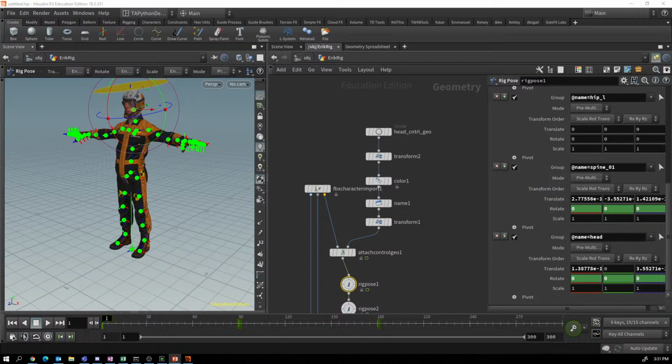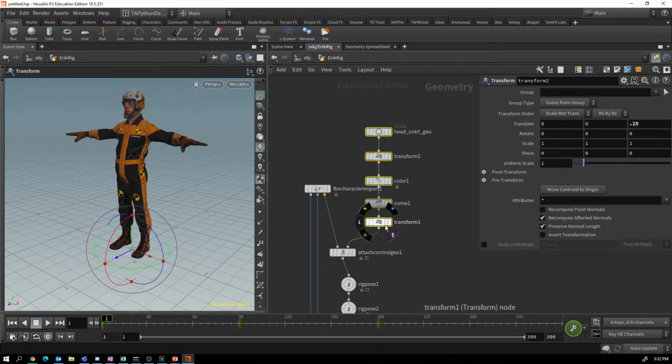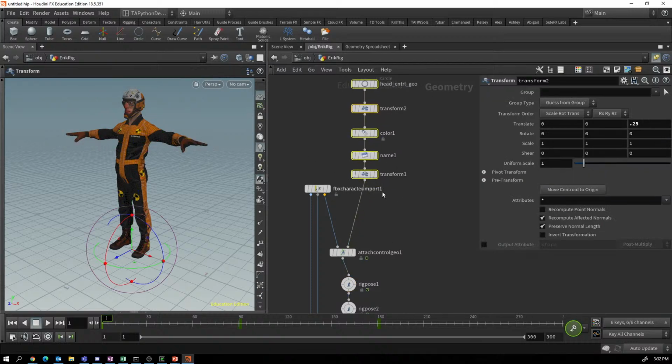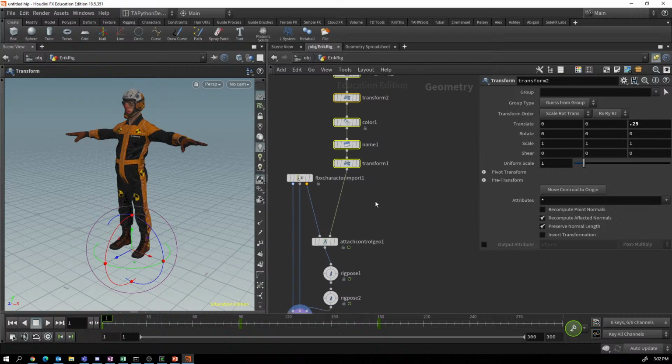Okay, but folks, this is Houdini, right? And this is Houdini, and I said that we could do this procedurally. So let's not do this by hand. Let's go ahead and do this procedurally. And so what I want to do is I want to attach a controller on every one of these joints. All right, how will we go about doing that? Well, thank you for asking. So what I'm going to do is